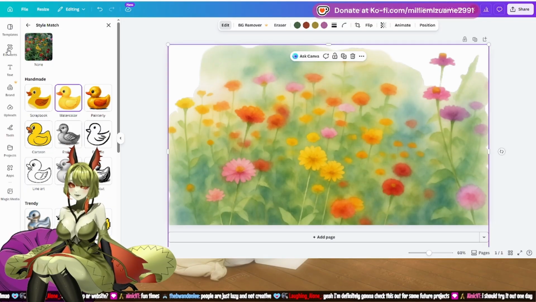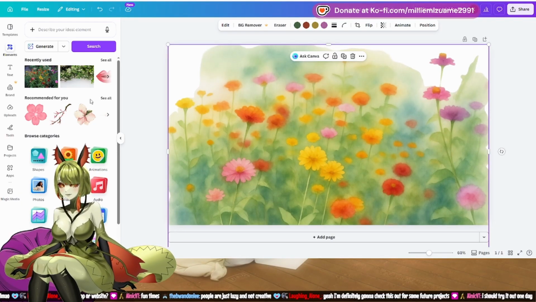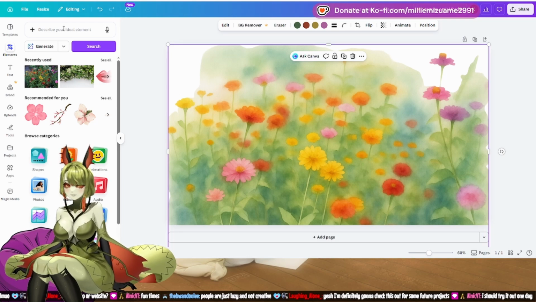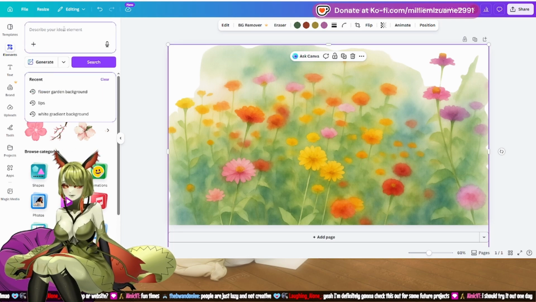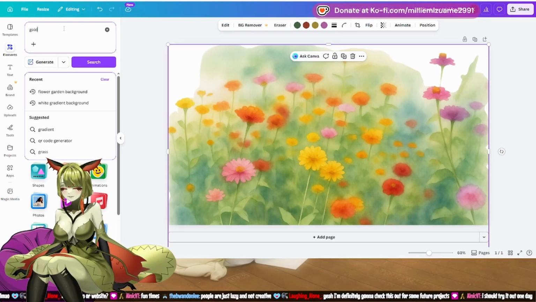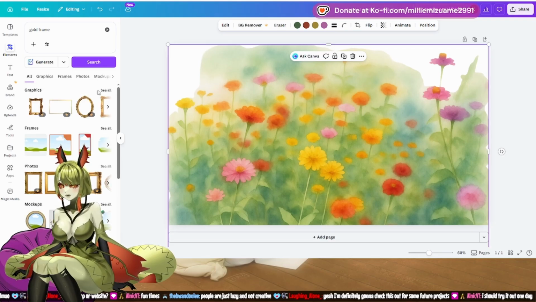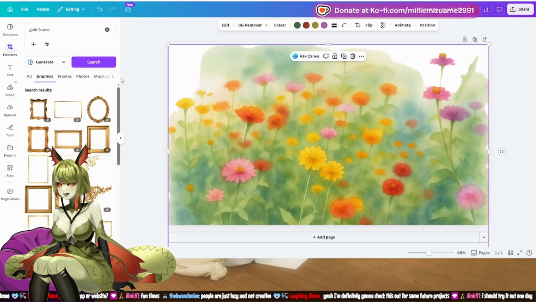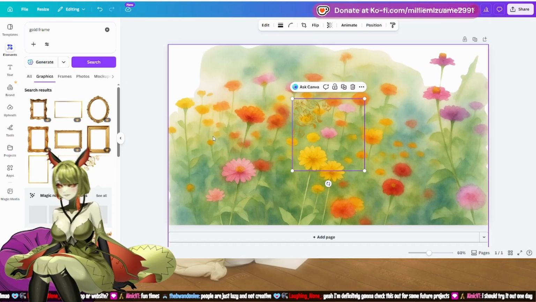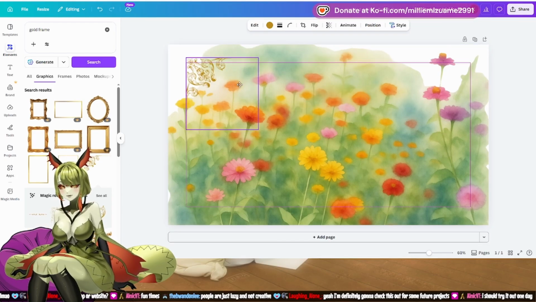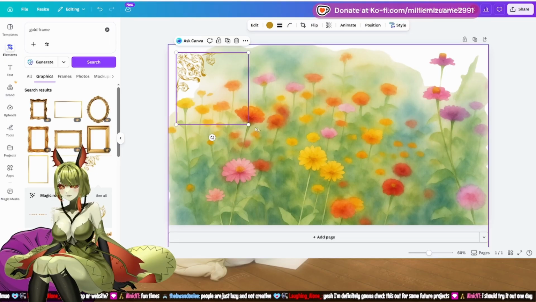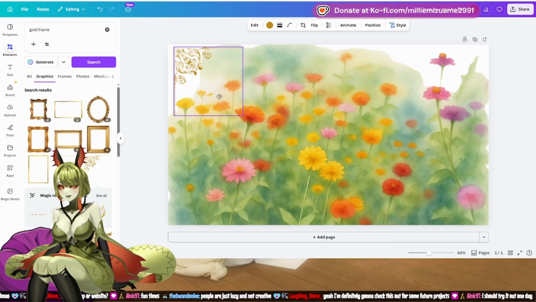We got that. We're gonna kind of speed run through this one just because you guys kind of get the point. But I'm just showing you what can be done with the free stuff. So let's do gold frame. Let's find out what we can get for free. Let's go graphics. Okay, let's use you. I'm gonna show you another trick. So as you can see, I've grabbed a corner piece,